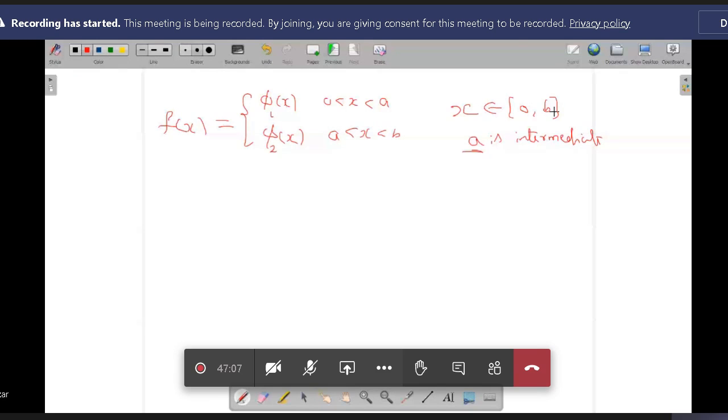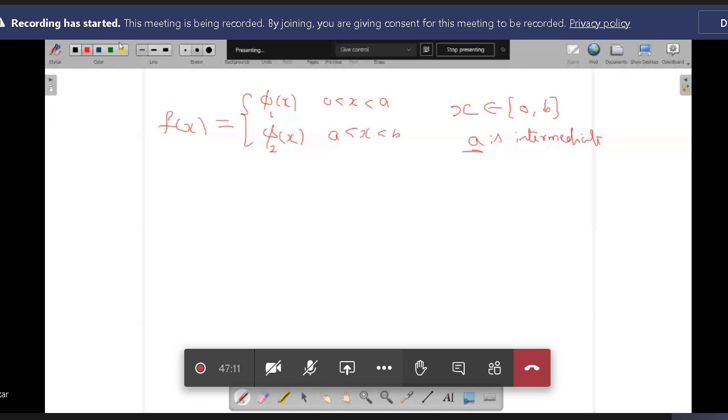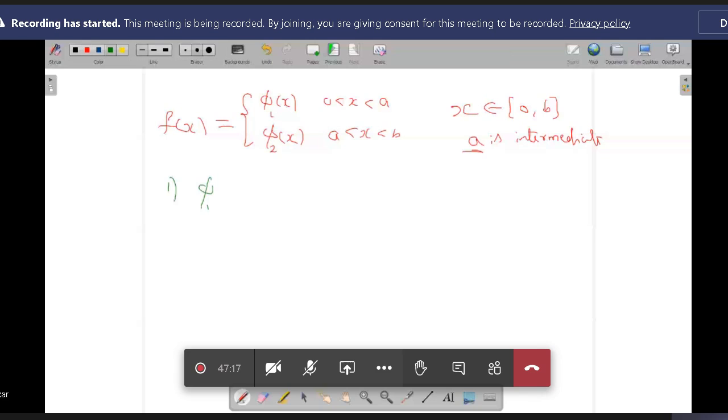In this case, if you want to say whether it is even or odd, in phi1, in the previous case we replaced x with negative x. Now instead of negative x you have to take the end point, b minus x. So you have to replace not only just